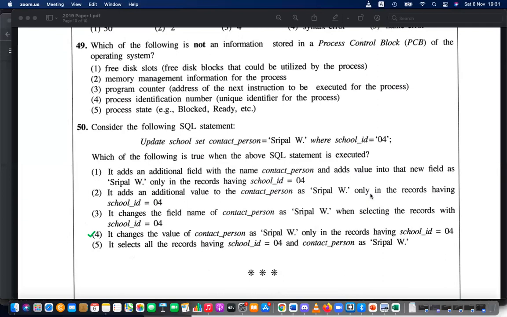Okay, we have discussed a lot of questions today, right? Because we did it faster. We discussed the entire paper. Next day, I think we can start with the new paper.